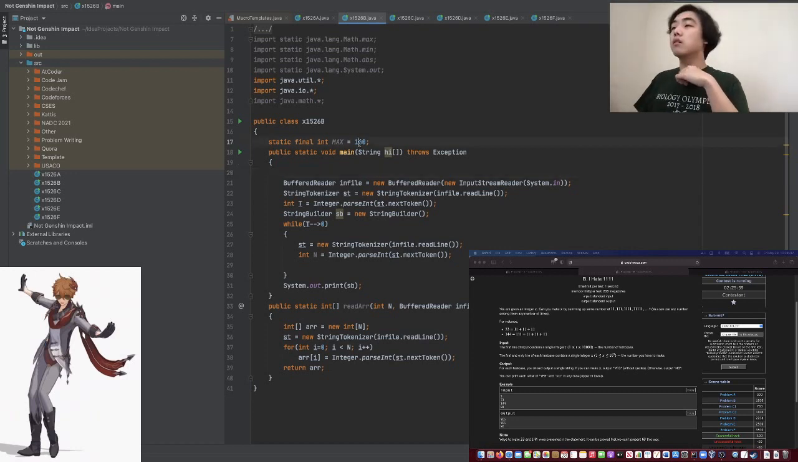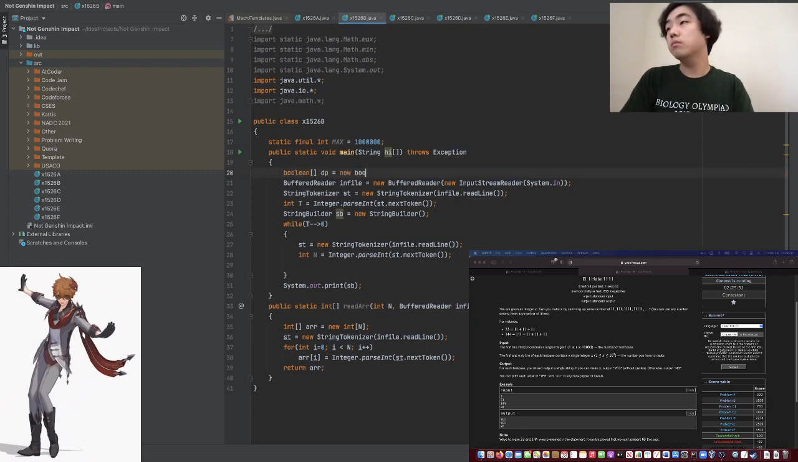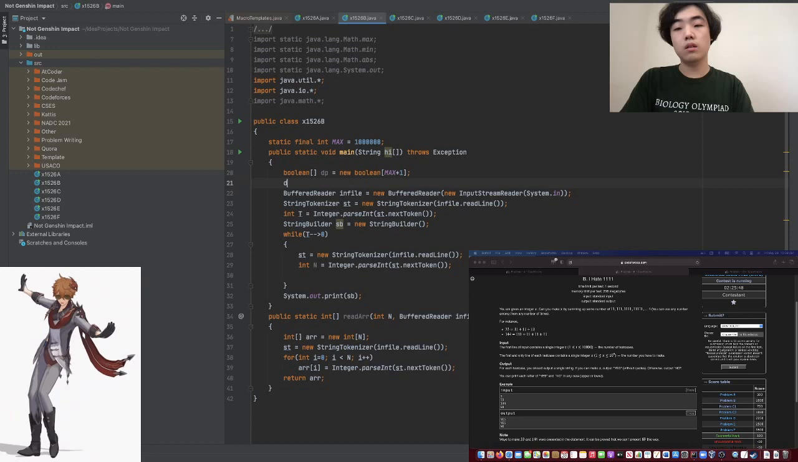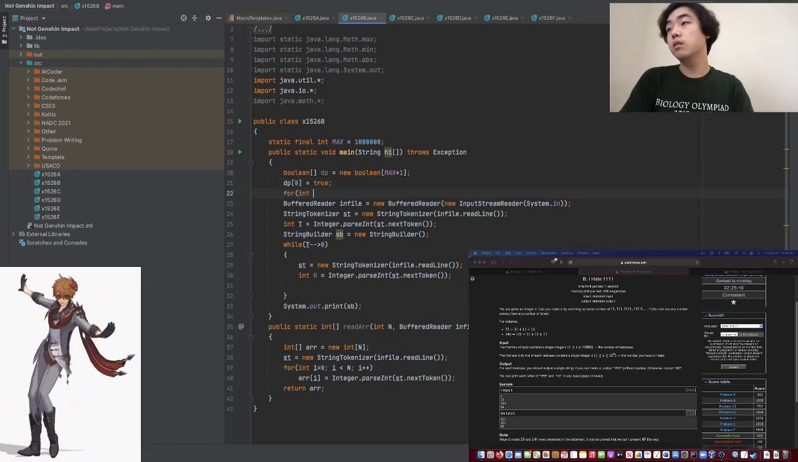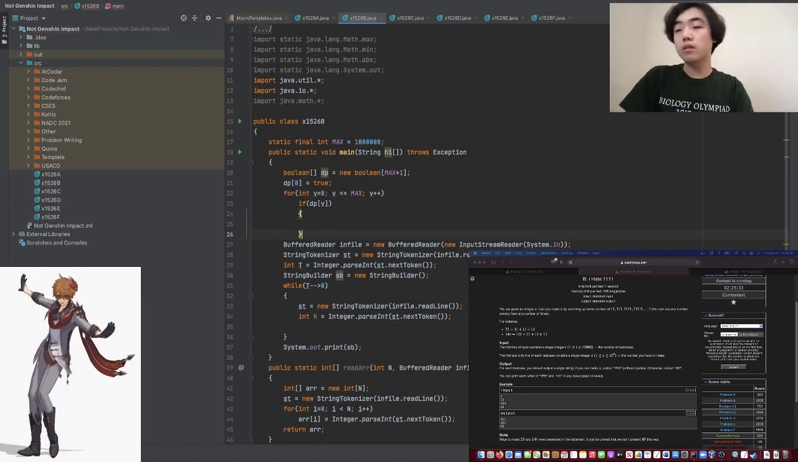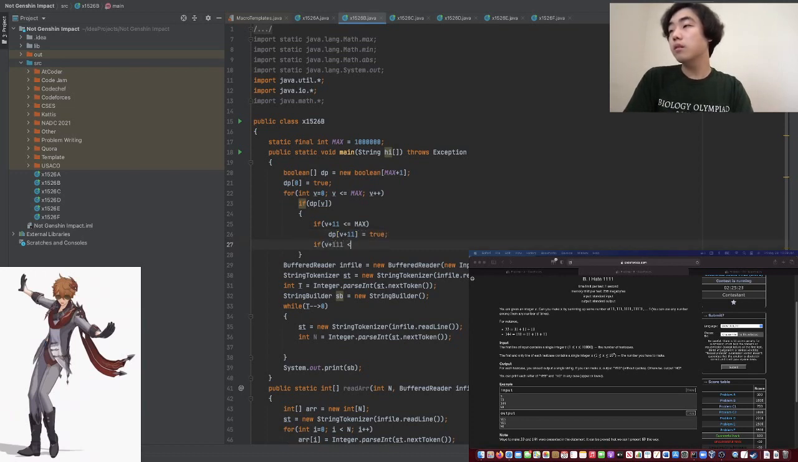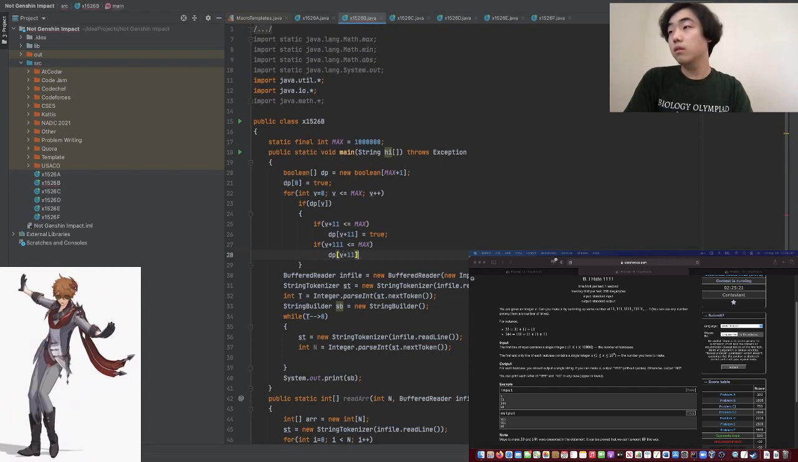Okay, let's try this. So dp at 0 is equal to true. Okay, so if dp of v, if v plus 11 is less than or equal to max, dp of v plus 11 is equal to true. If v plus